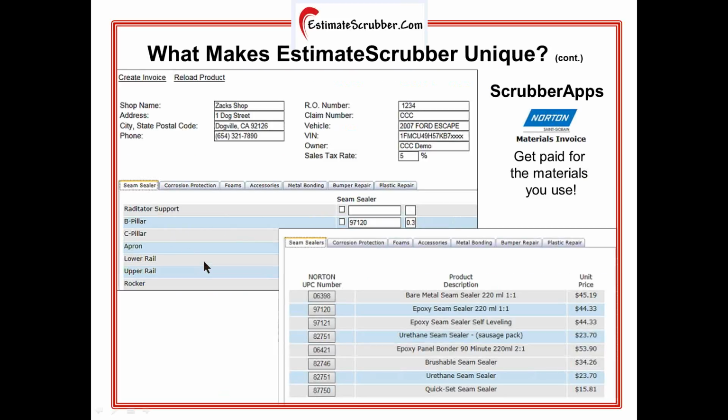This is another example. This is a Norton. This is how we create a Norton invoice. We list all the products. The first 7 tabs are for basically corrosion protection, sealing, and bonding and bumper repair. There's also an 8th tab that has all the other Norton products available, the tapes, the paper, the plastics, everything necessary to do a refinish,